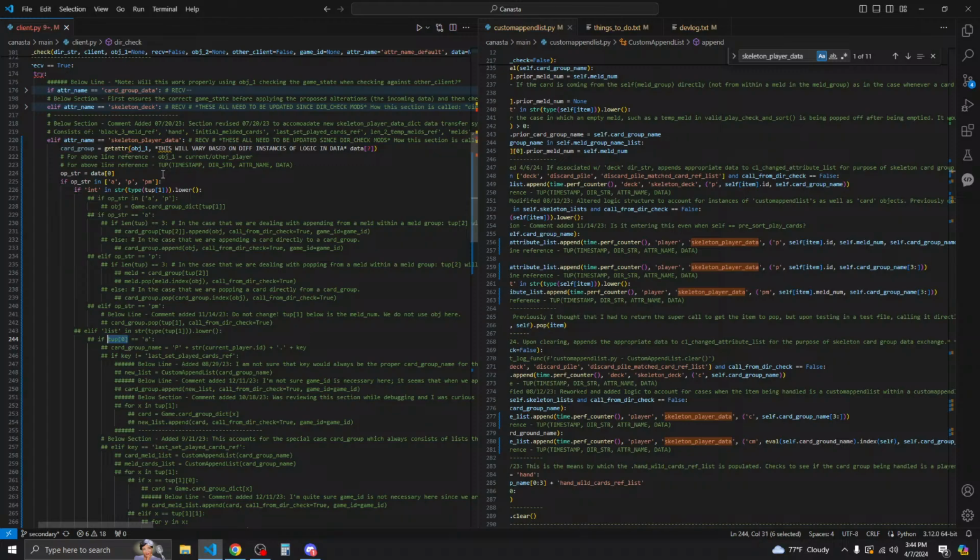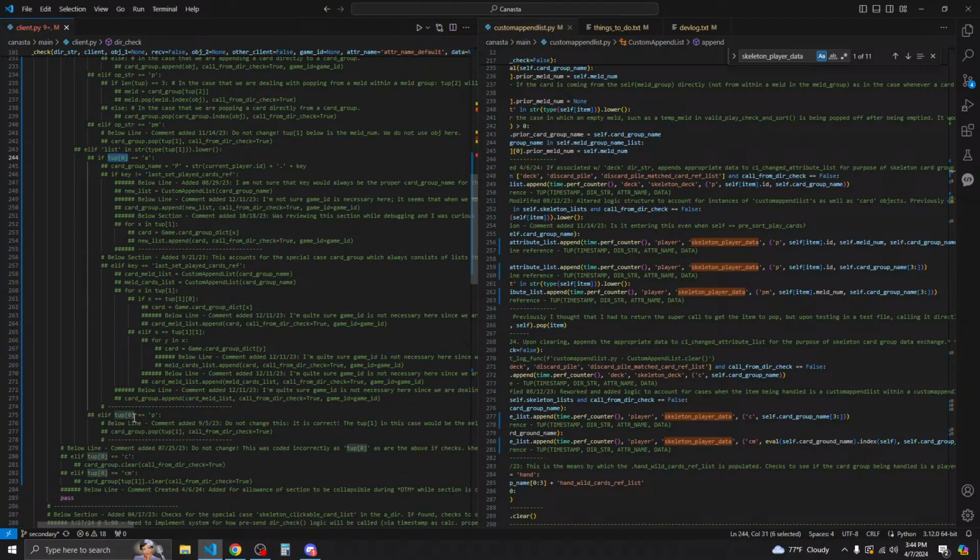Alright. See if there's any more. Yeah, there's a couple more down there. So this is going to be changed to op string. Okay.